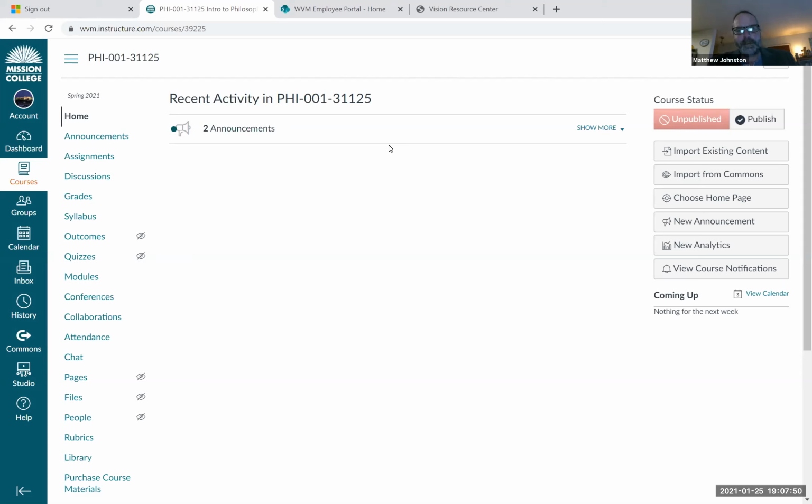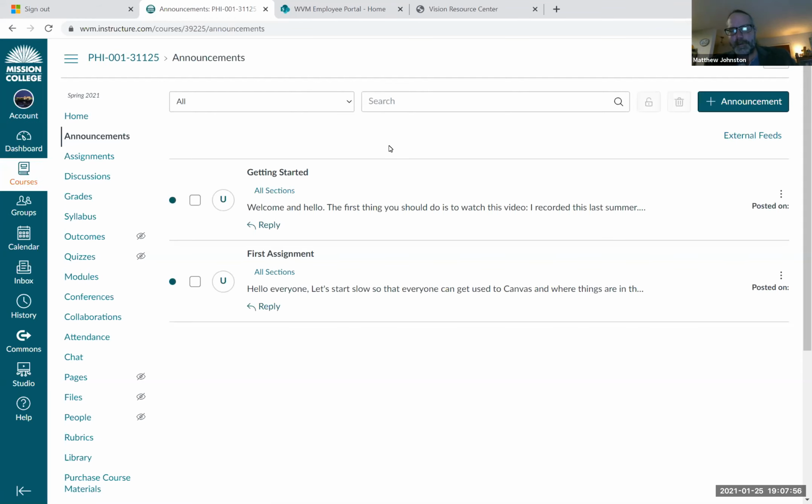Well, first thing to know is announcements. And pay attention to announcements. This is how I'm basically going to unveil the class as it goes. I'm not putting things on the calendar, and I'm not putting set timelines on things at the beginning of the semester. I've always found that to be problematic, because when you try to structure the class from the beginning, you miss all the deadlines and everything gets all messed up.